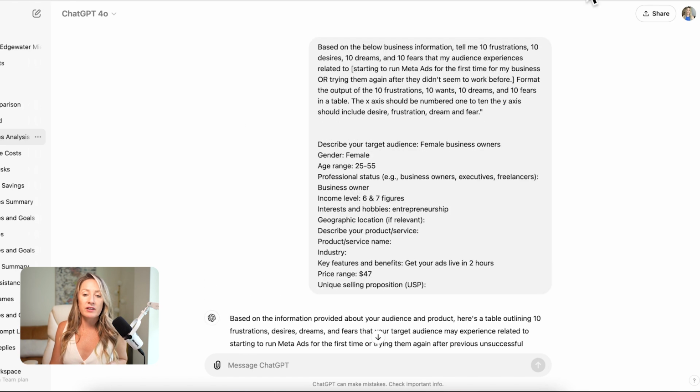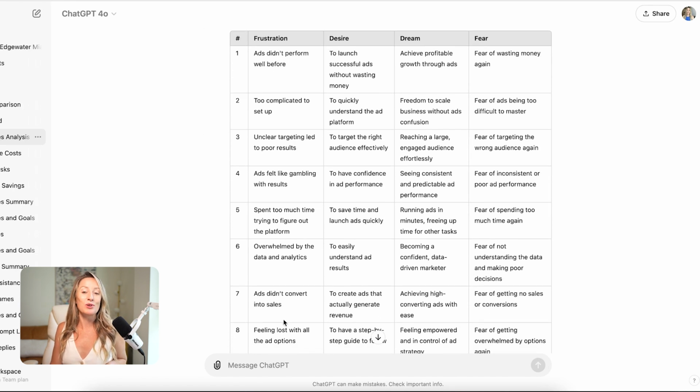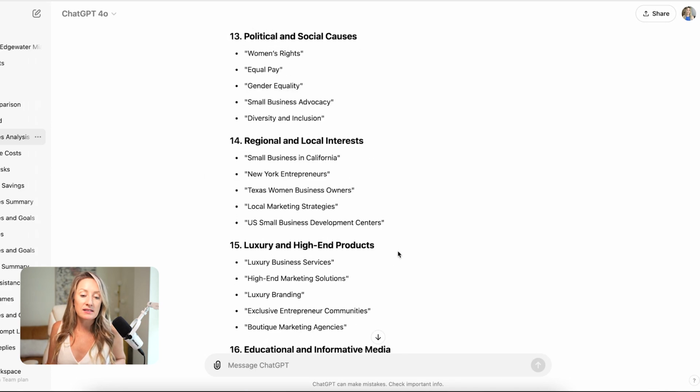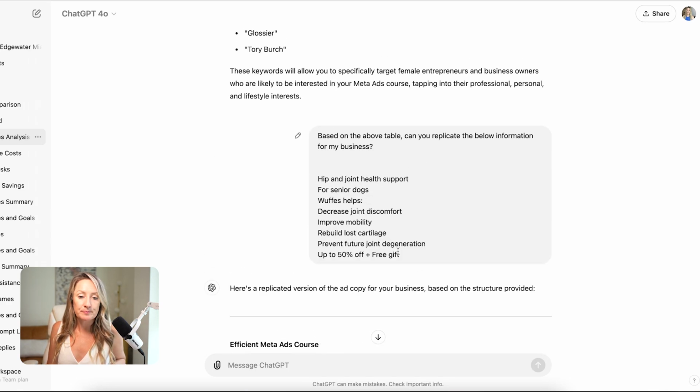But I basically give ChatGPT some information about my audience and my product. And then I have this prompt here that will make me this great, beautiful table about my customers' frustrations, desires, dreams, and fears. And then from there, I'll paste, which I'll show you an example down here, this little prompt and say, based on the above table, can you replicate the below